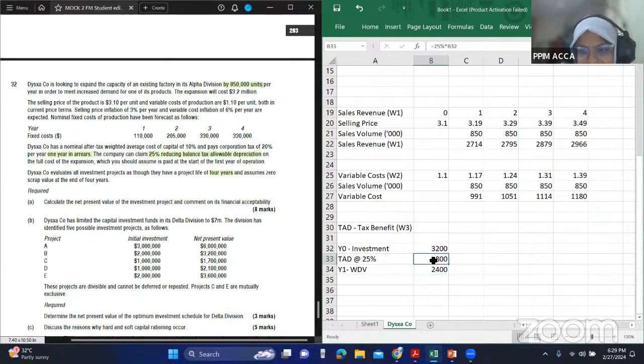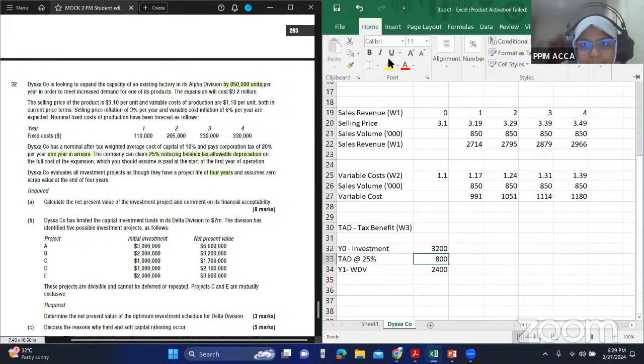Okay. Now what you have to understand is the tax savings happen on this tax allowable depreciation figure. Why? Because the tax allowable depreciation is like an expense. If an expense is created, then for that amount, this 800, it actually reduces the cash flow by that amount. So ultimately, the 800, although it's an additional expense for you, it ends up giving you a tax savings because this is an expense, it reduces profit. Anything that reduces profit, it will give you a tax savings.